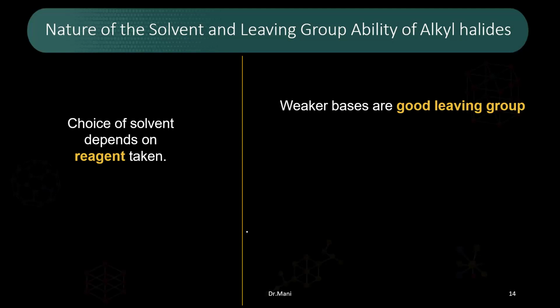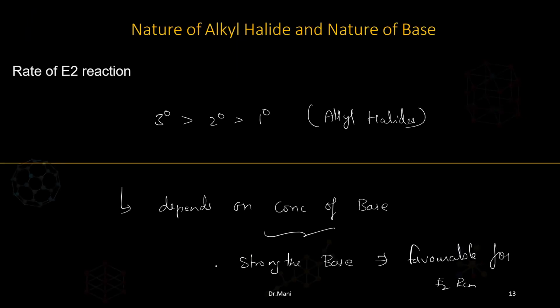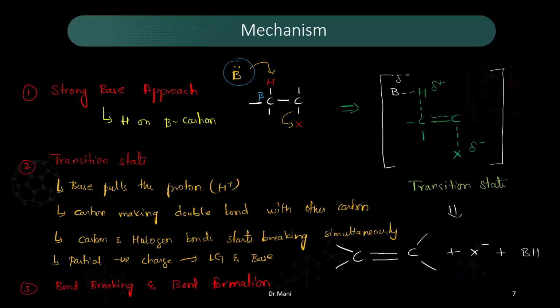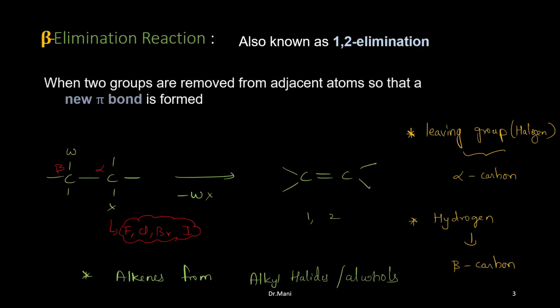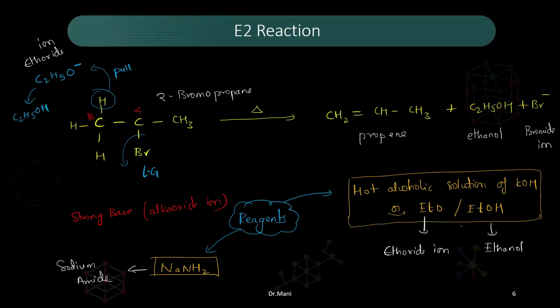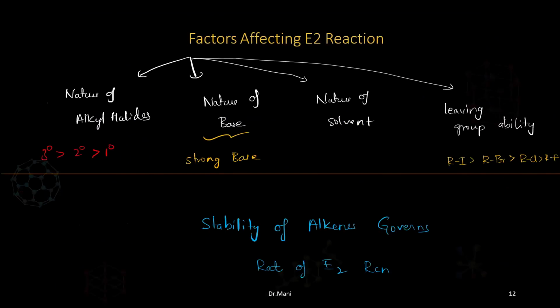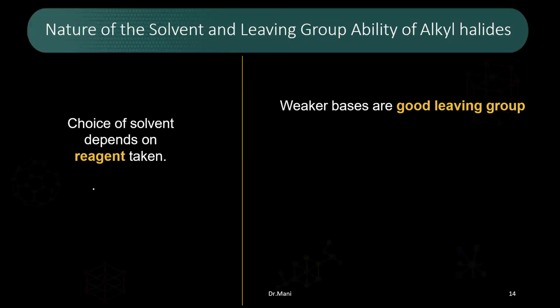And the choice of solvent matters. So we saw here previously. You see here, what is the solvent? Hot alcoholic solution of potassium hydroxide or EtO- or EtOH. So here it depends on the choice of solvent, or the reagent we are using. So for suppose EtO- is taken compared to EtOH. Next one, weaker bases are good leaving groups. So RI is greater than RBr,